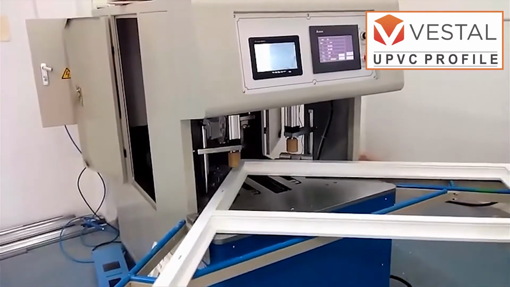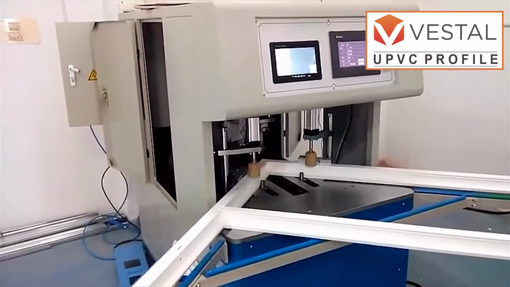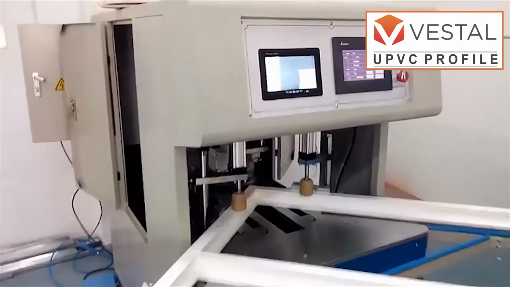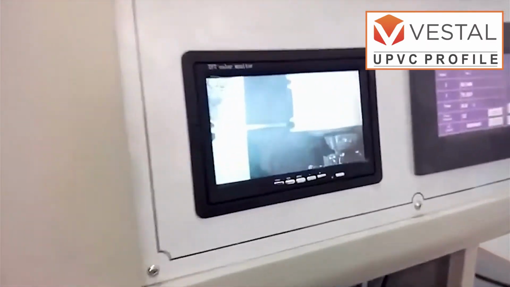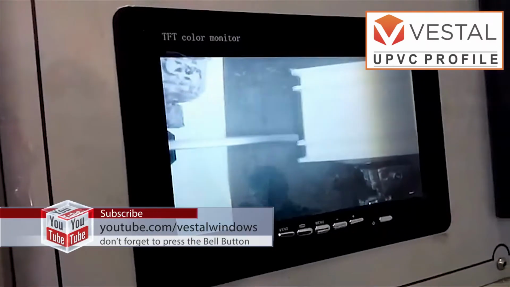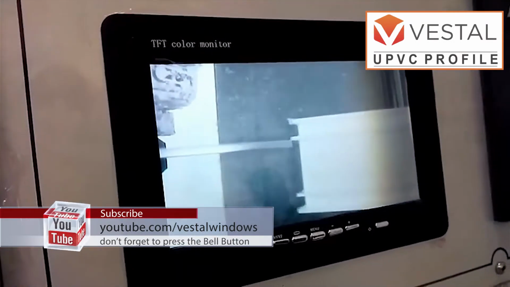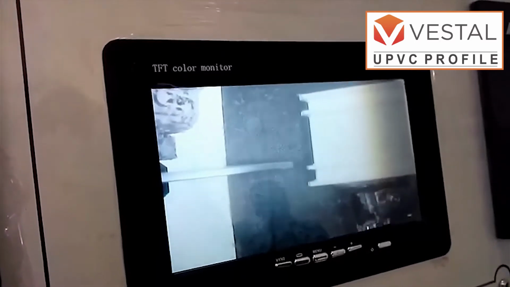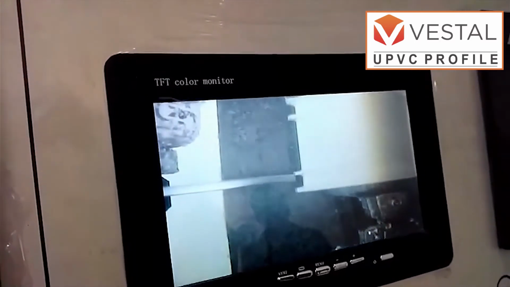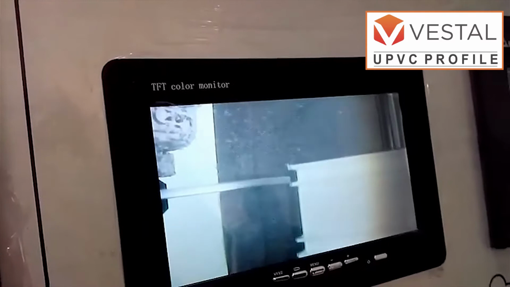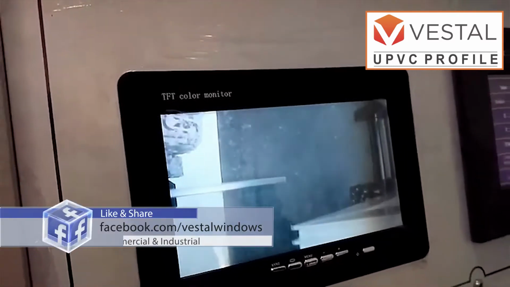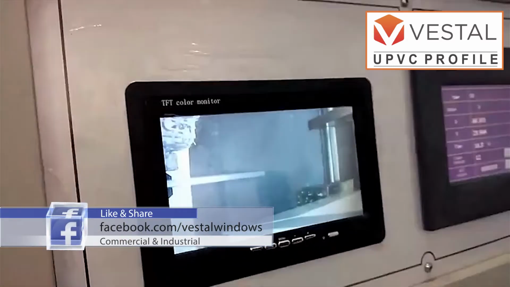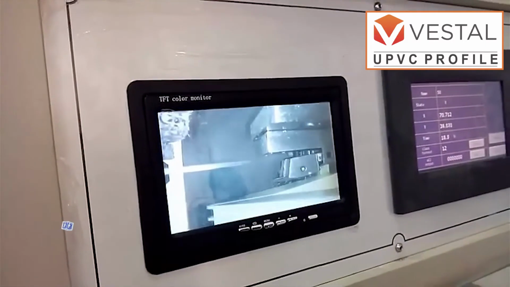Corner cleaning. Once the profiles are welded, we need to clean the scraps created on the welded corners, giving them a perfect finish. We use an automated CNC programmable cleaning machine to clean out the scraps from the surface. The operator sets a program to remove unwanted scrap plastics in the corners. This automatic machine has an inbuilt camera and a display system to view and program the machine.